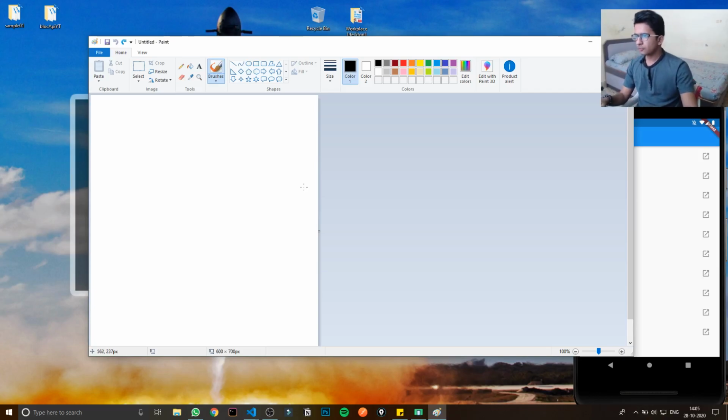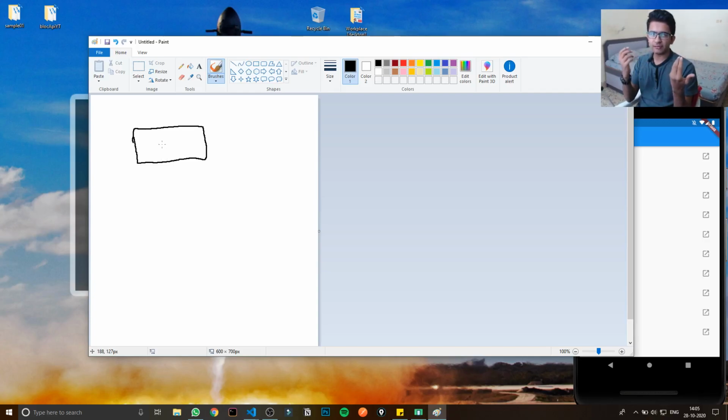So for example, I have created a box here. Consider this box as a pipe. Any pipe has two holes, two sides.